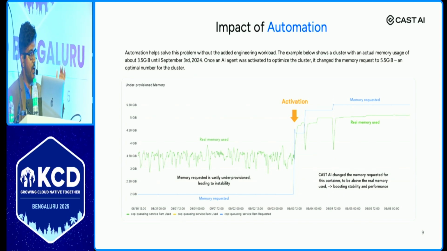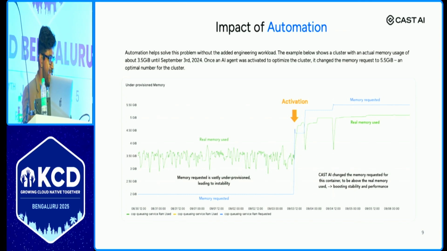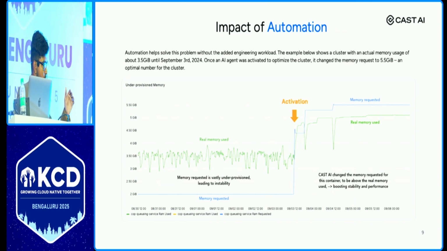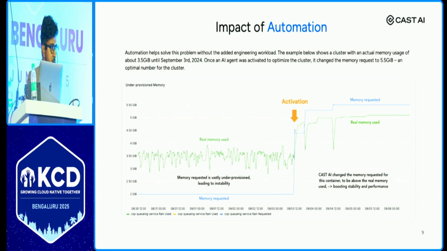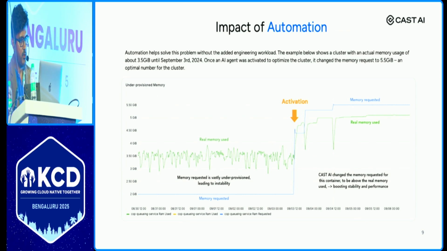And you see, automation works both ways. It can increase your performance by increasing the resources. It can also decrease the cost by reducing waste. Both sides, but the decision is backed by data. The data is your actual utilization. Every cluster has a different requirement. Every environment has a different case. So you can't just go by one example and implement it everywhere, right? So let's move on to the next.